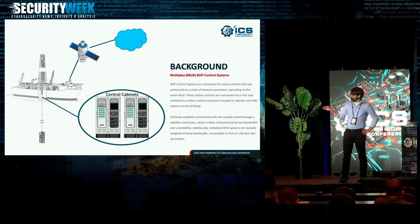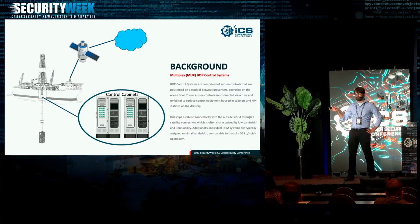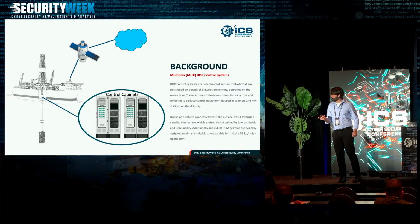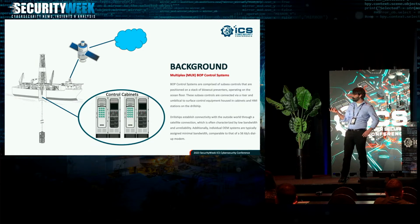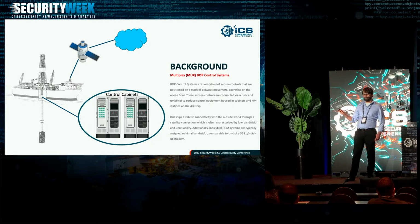Locally, this is controlled by something we call a subsea electronics module, or SEM, which gets really confusing when you talk about security information event management, right? So we tend to call it a SEAM in our world just for differentiation. But the subsea electronics module is responsible for controlling solenoid valves, reading back sensors like pressure, temperature, that kind of